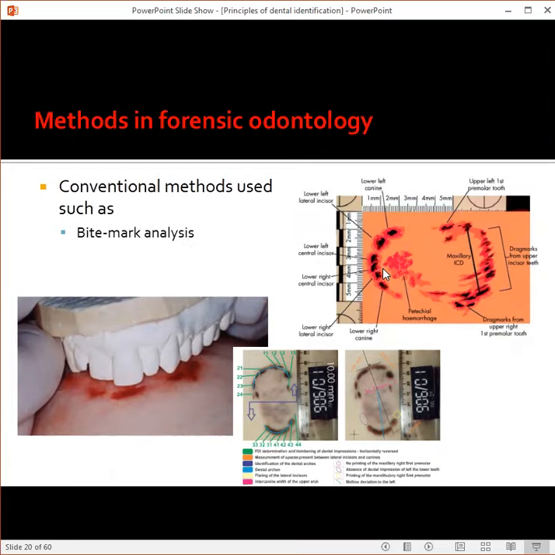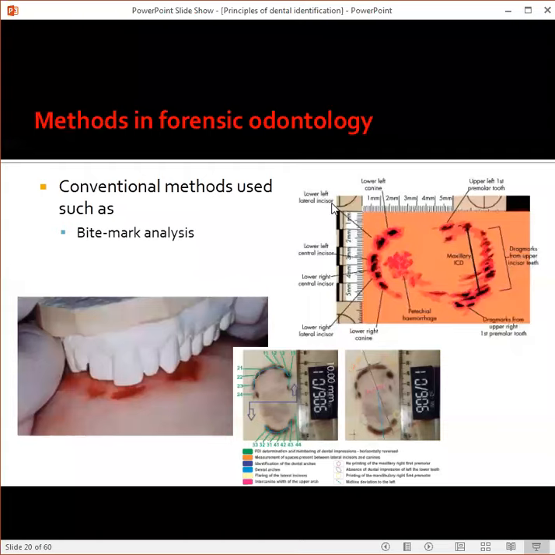Based on each tooth and based on the time, you also see other findings like petechial hemorrhage. You can also see drag marks. If a tooth is on something and it is dragged across the skin, you can see this. So bite mark analysis is nothing but analysis of the dental imprints on the opposite surface. It can be anything from a food object to another person. So this is the next method, which is called bite mark analysis.